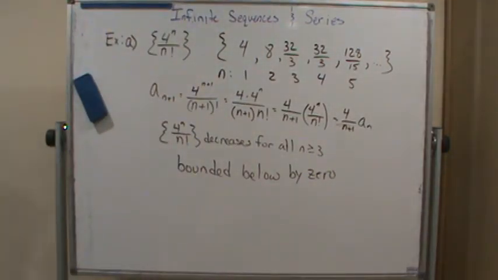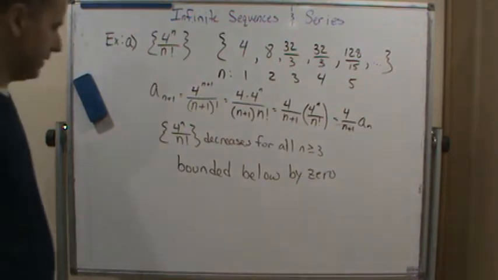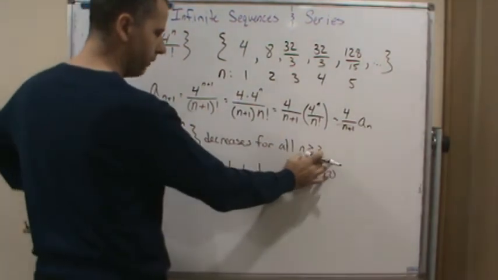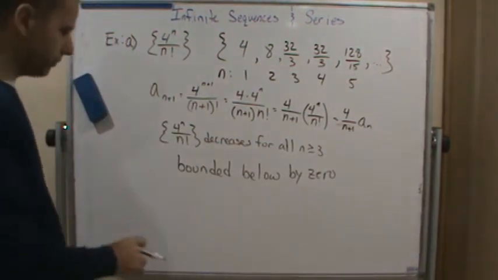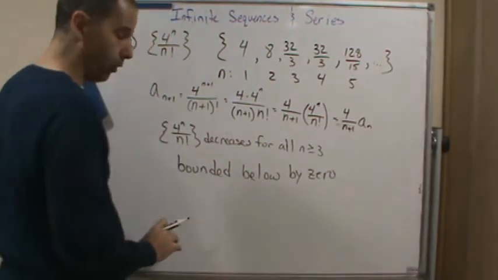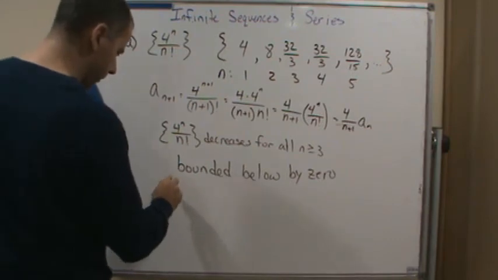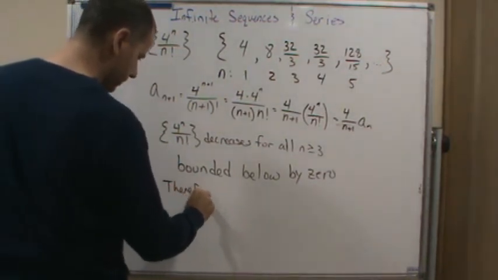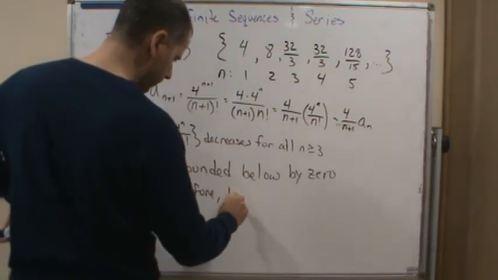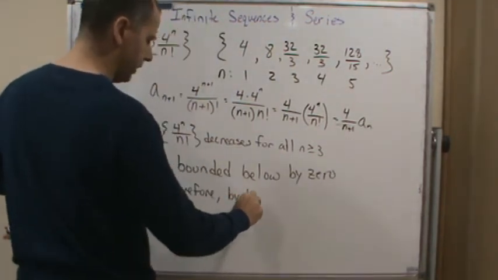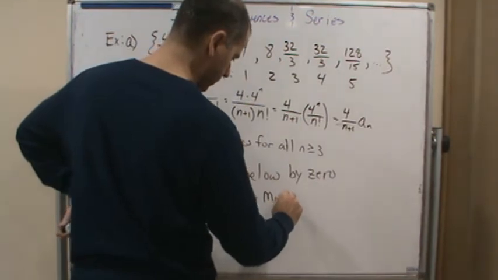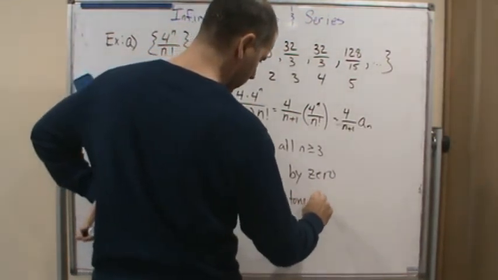Okay, now, because of these two things, we can use the monotone convergence theorem, right? Because we've got a decreasing sequence, which decreases for all values of n greater than or equal to 3, and it's bounded below by 0 for all positive values of n. Therefore, by the monotone convergence theorem,